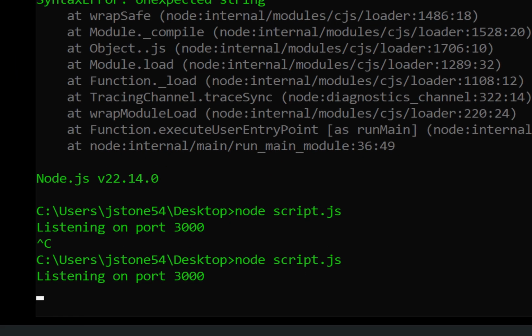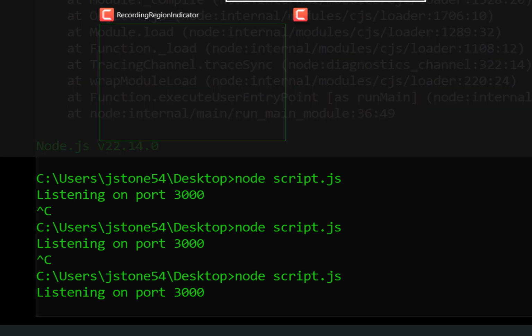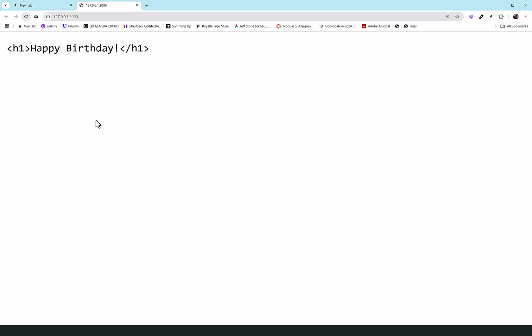First, we got to restart our server though. So I Control-C to stop it, and then I reload it because we changed the code, so we have to restart the server. Okay, and then go here and refresh, and we get this little business, right? That's not what we're going for. Well, that's easy enough to fix.